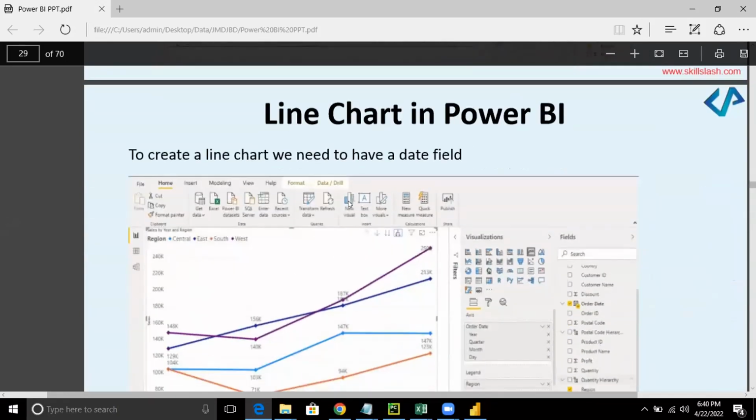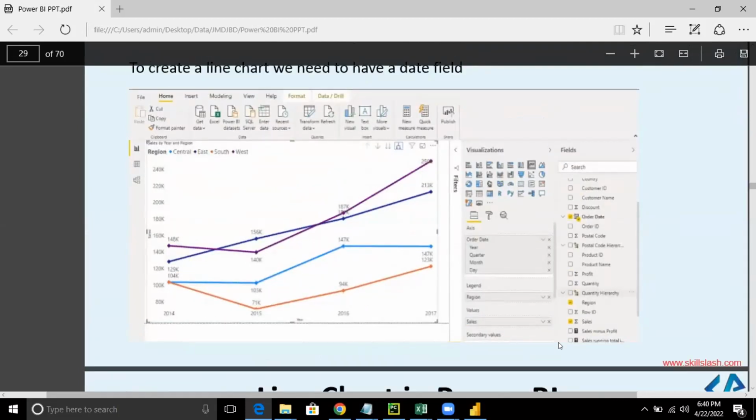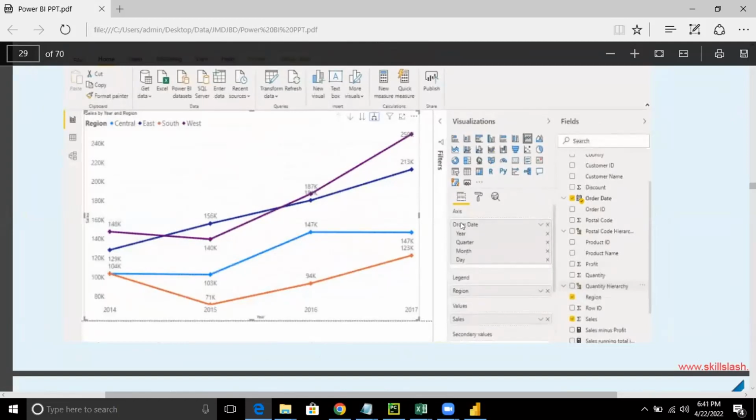Let's go down. We then have another thing which is called the line chart in Power BI. Whenever you want to show some trends, whenever you want to show some information, you can do that using the line chart. I'm giving you this as a quick assignment now. Can you all locate a line chart and draw exactly this line chart that I'm showing you? If you think about it, the answer is on this PPT only.